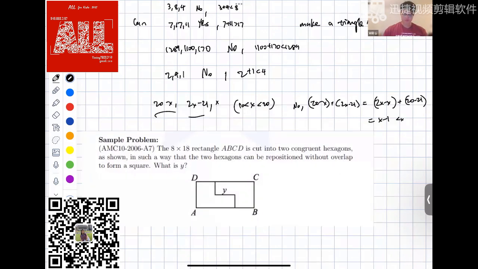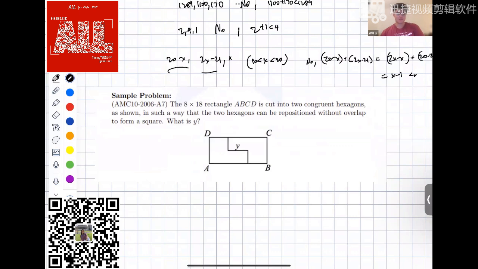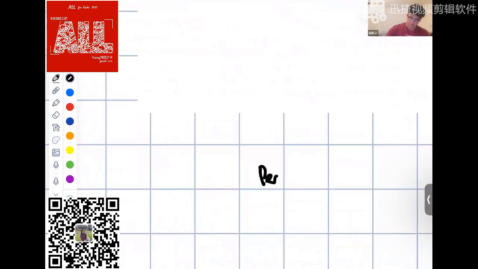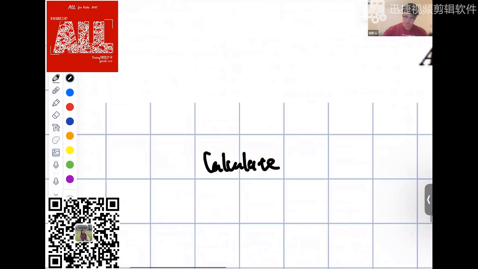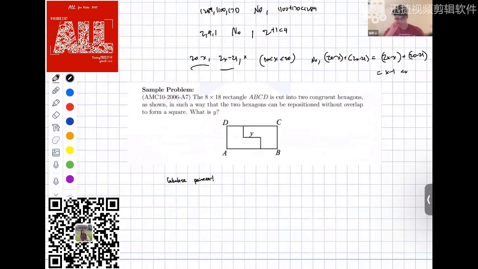This is actually a problem from the AMC 10 from 2006, and this is a problem based on perimeter. So I'm gonna give you guys about 2 minutes to solve it, and then I'm gonna start